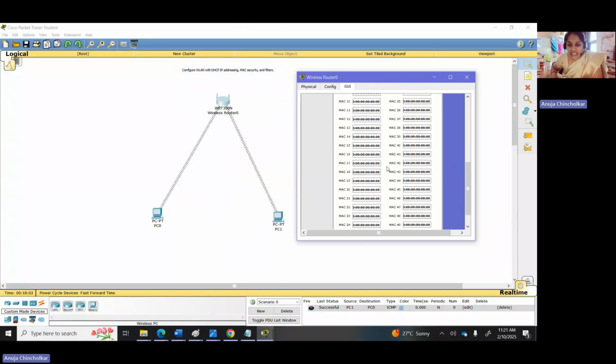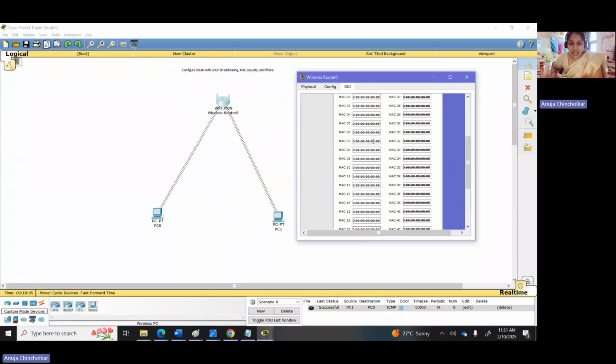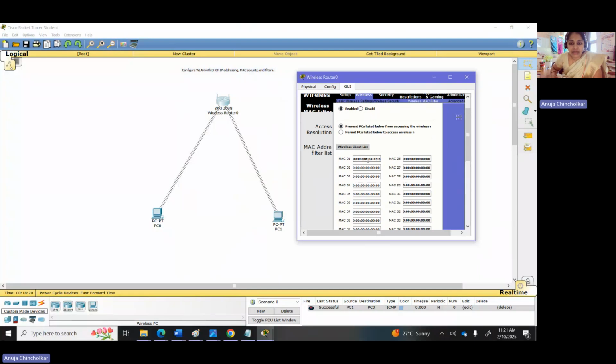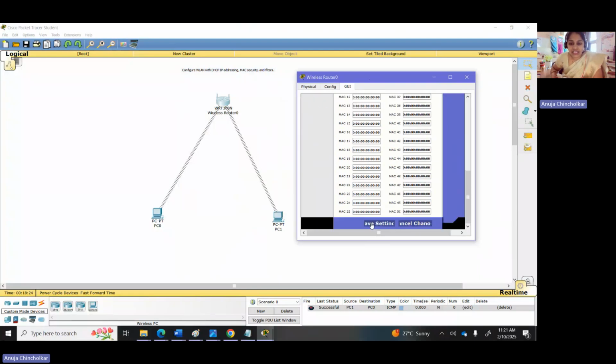Now as soon as I save this setting and filter out this PC from the communication, prevent this PC listed below from accessing the wireless network. So I'm not allowing this PC to access the network, and I have given the MAC address here for the filtering, and I will just save the setting.